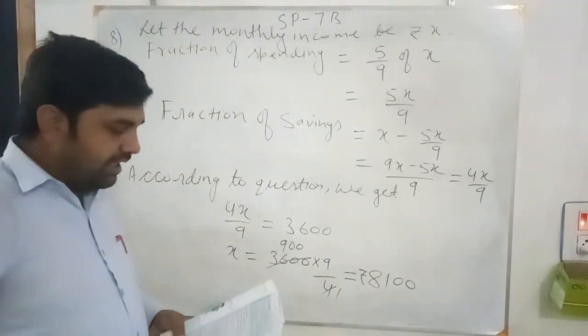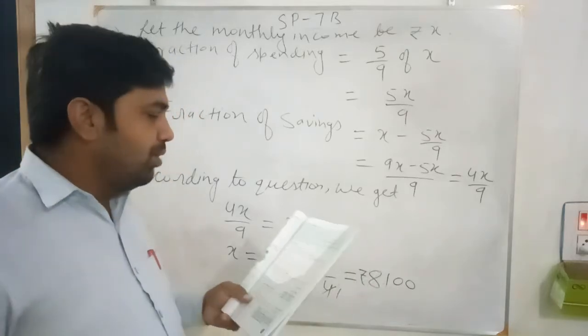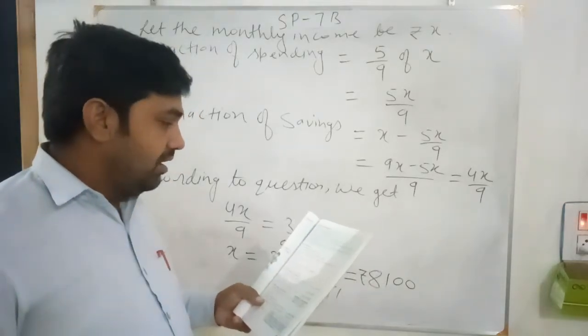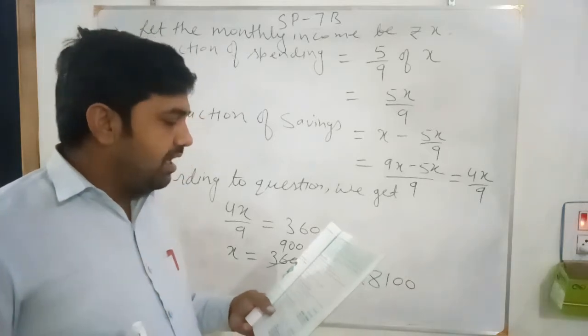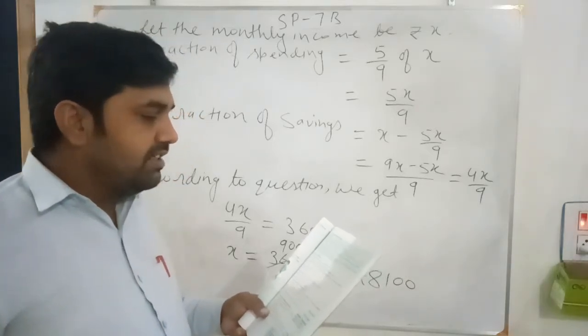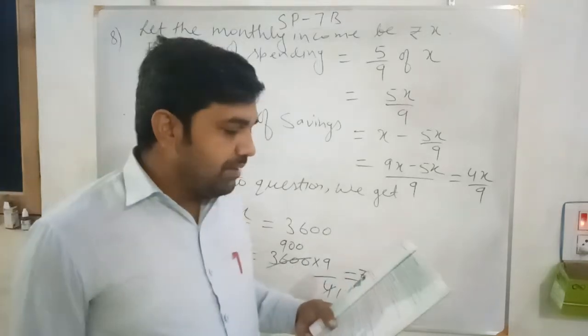Now see question number 9. I will discuss that, and I will leave question 10 for homework. After selling 85 copies of a book for every 100 copies printed, that is, out of 100, 85 copies are sold, a publisher finds that 450 copies are left unsold. So how many copies were printed?